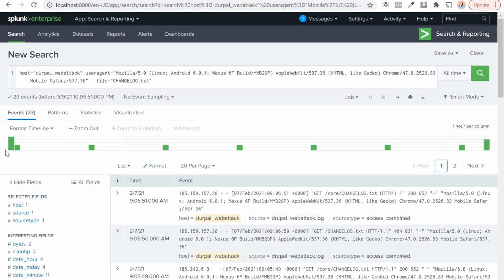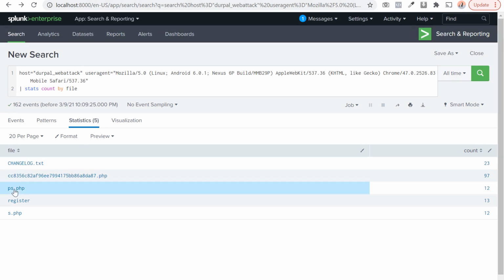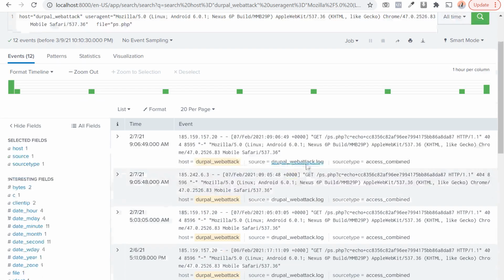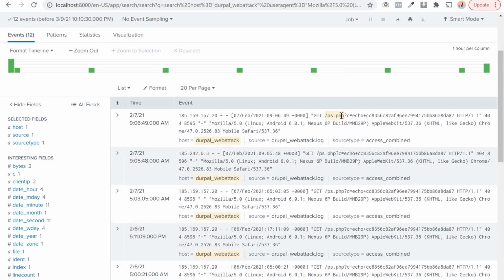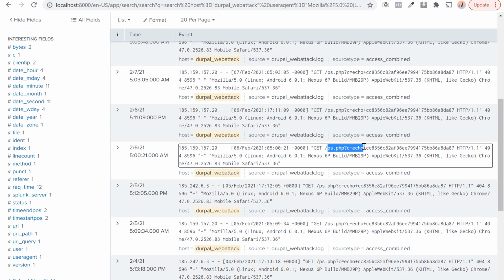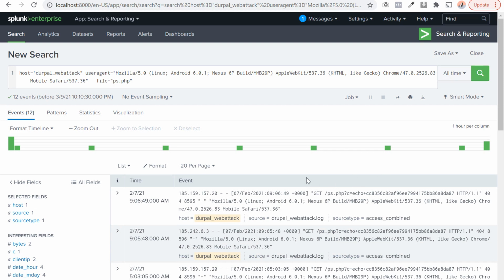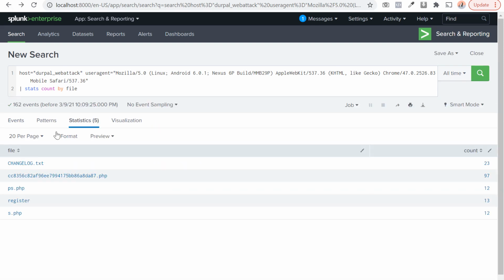We see that the first request happened on the 4th of February. We can go back a little bit, and we see that this ps.php has been requested, and this one looks like it also takes a command. So it looks like maybe it is a page that he also dropped inside the system, a malicious PHP file, and he's using it to execute some commands. Or probably it is part of Drupal and it hasn't been injected inside Drupal. It's part of Drupal and it's actually executing commands by just using c equals and then the command that you want to execute on the server. This is a very easy to detect vulnerability if it's an actual vulnerability,